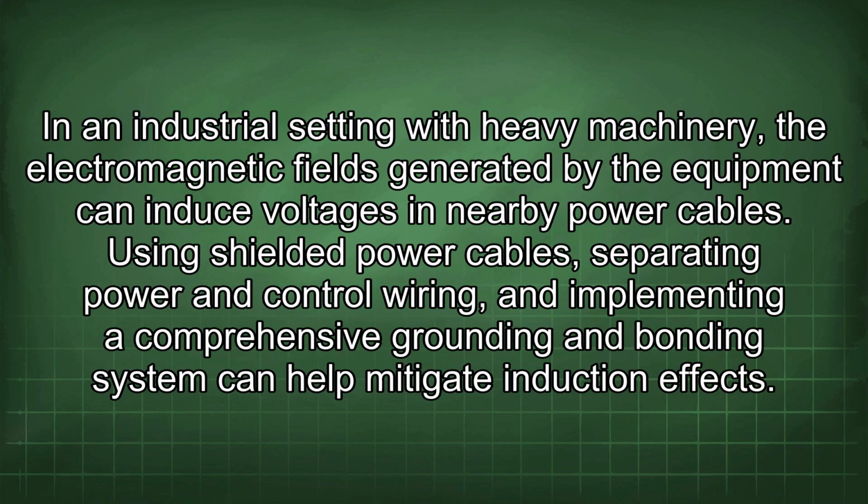In an industrial setting with heavy machinery, the electromagnetic fields generated by the equipment can induce voltages in nearby power cables. Using shielded power cables, separating power and control wiring, and implementing a comprehensive grounding and bonding system can help